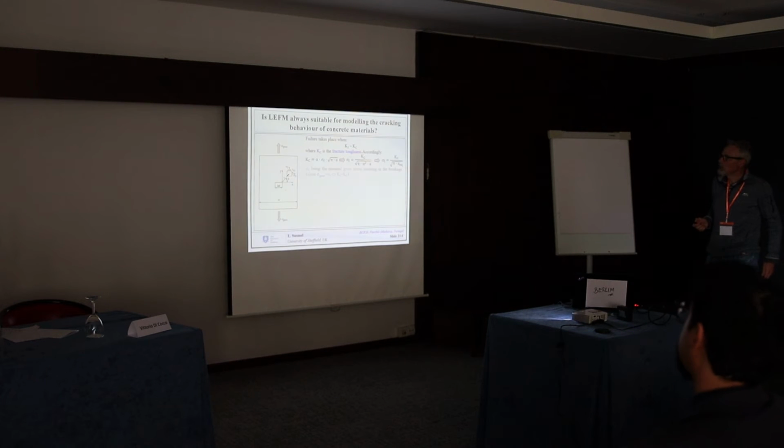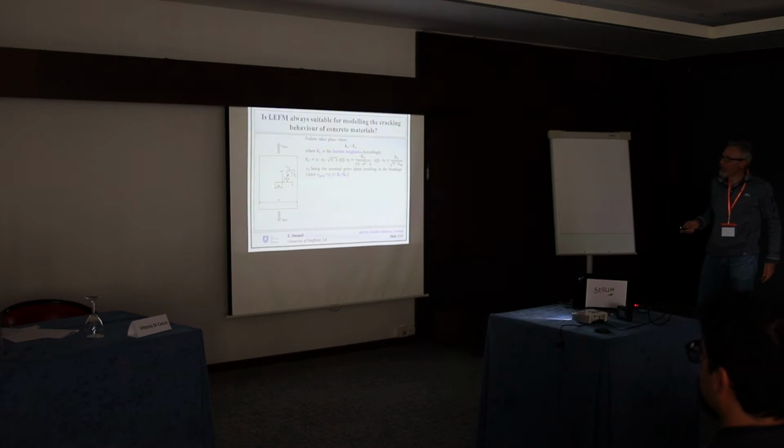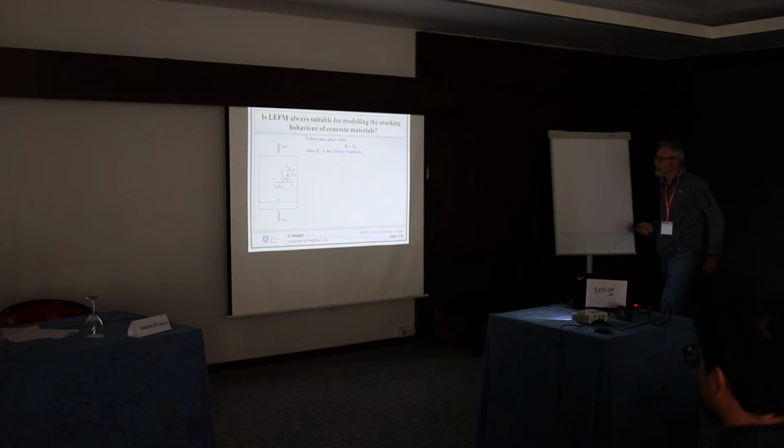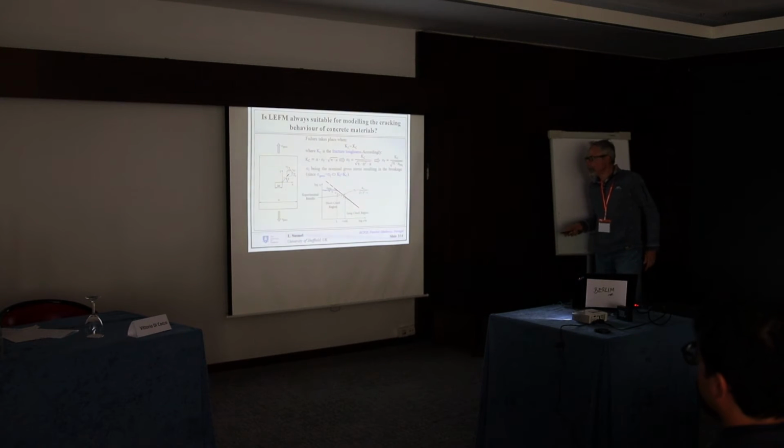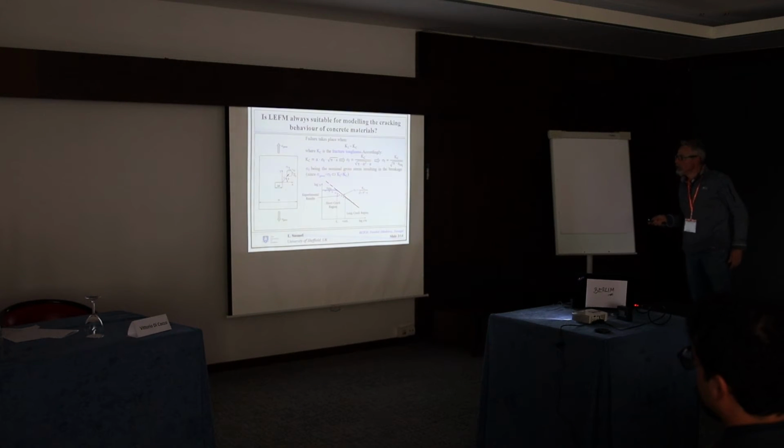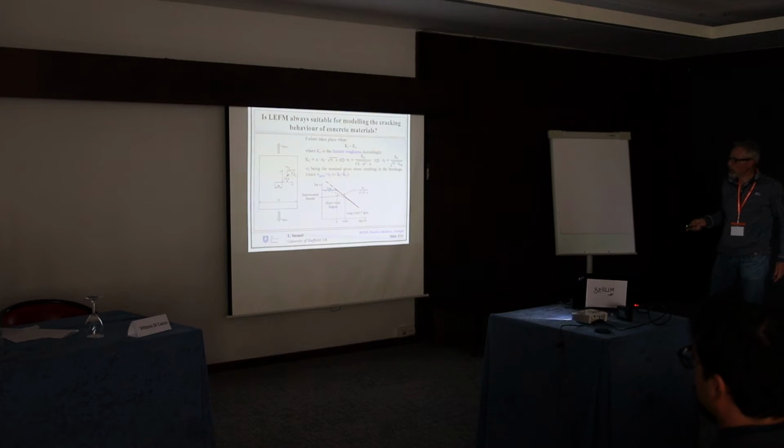So if we play with the usual equations, we can say that a component, and in our case a piece of concrete containing a defect having a certain equivalent length, fails when the nominal stress becomes equal to sigma f, which is the value of the nominal stress making K1 equal to Kc. So we all know that, and if we use this failure stress together with the equivalent length of the crack,